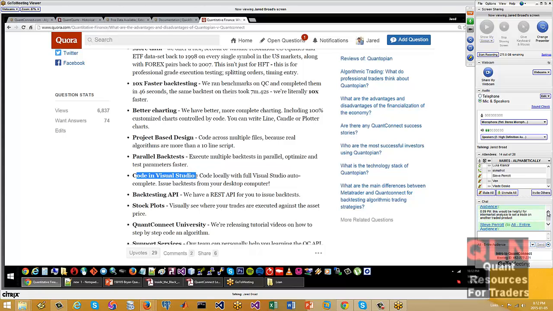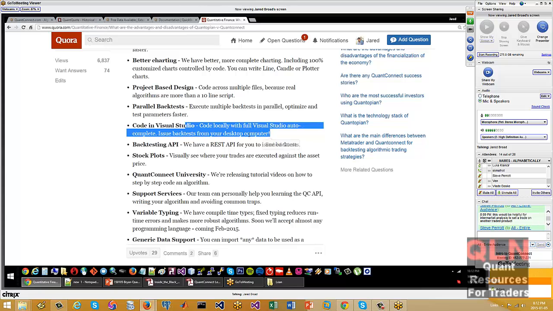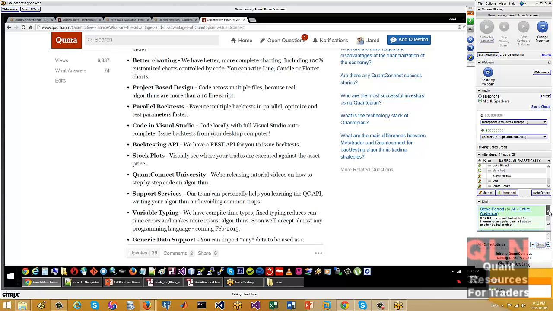And then finally, coding in Visual Studio. You're going to be able to download the entire data set, download the entire engine, and run and code locally from Visual Studio. We also have in-browser autocomplete, like real C# autocomplete in the web browser. And that was very technically challenging to build. Yeah, I can imagine. It's all there, or you can download it and code locally.